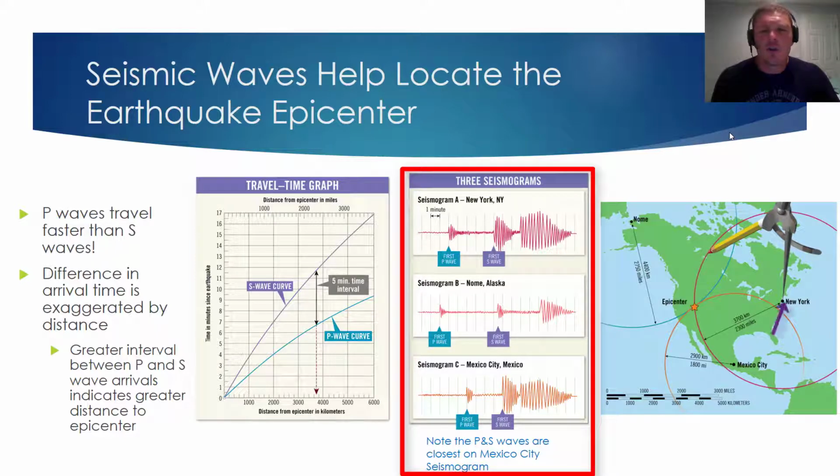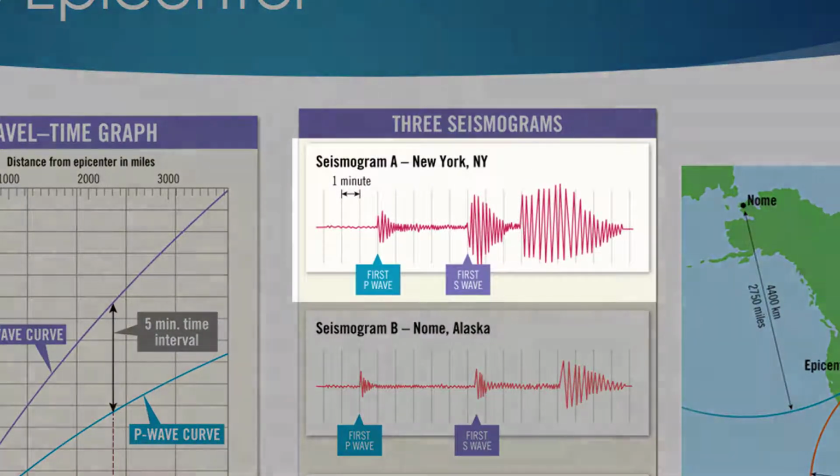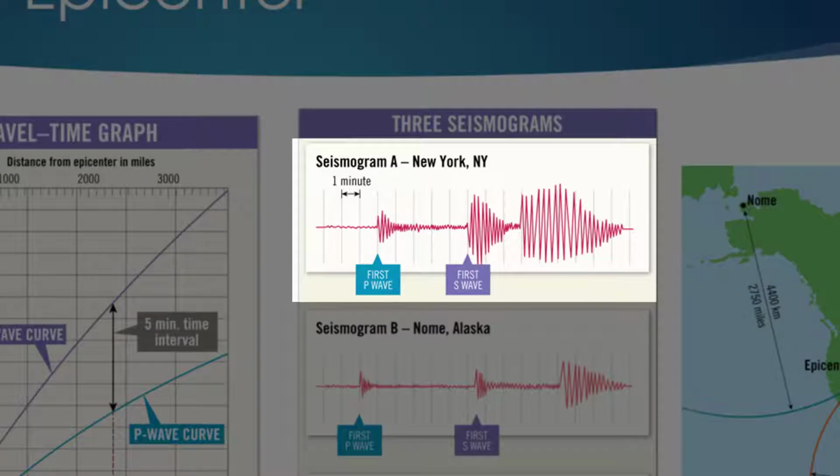which is located in New York, the other of which is located in Alaska, and the other of which is in Mexico City. Let's look at seismogram A first, which is the one from New York. Every one of those vertical bars represents 1 minute of time. So if the first P wave arrived here, let's count over the number of vertical bars until the first S wave arrived. I count 1, 2, 3, 4, 5 minutes in between the arrival of the first P wave and